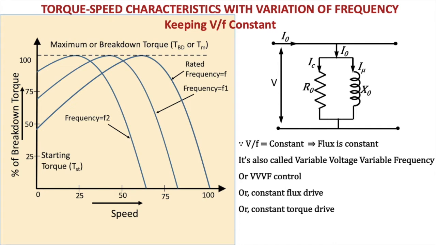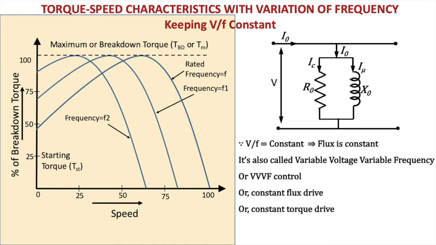Now come to the characteristics of the induction motor, that is the speed torque characteristics. As you can see in the graph, we have it at the rated frequency, and as the frequency is controlled along with the voltage, the graph shifts towards the left side and we get the maximum torque by changing the V by F. Therefore, we can also achieve the maximum torque at starting, which is a very controlled way of doing speed control.